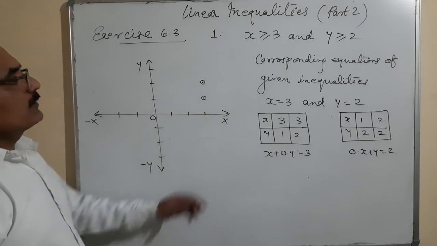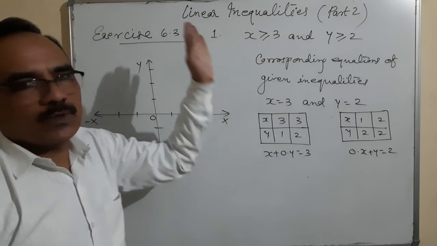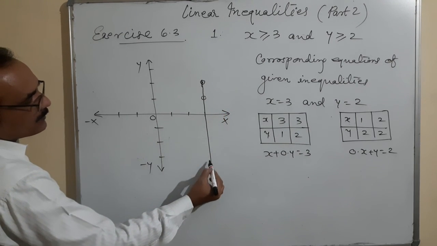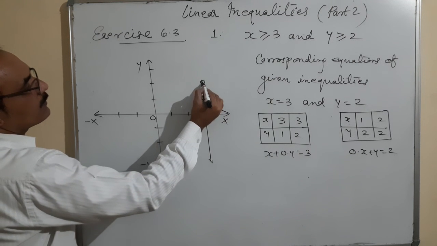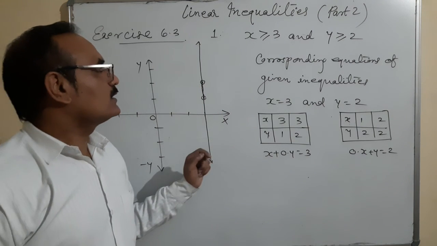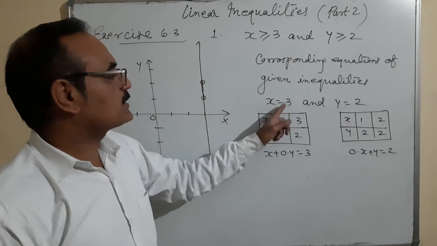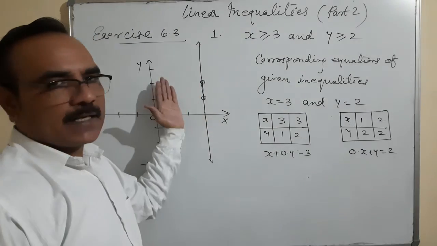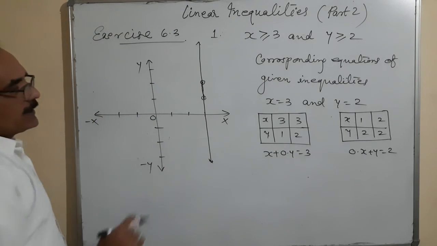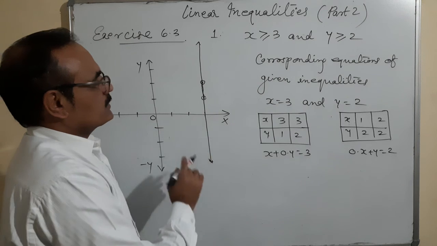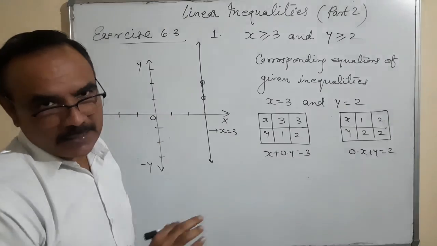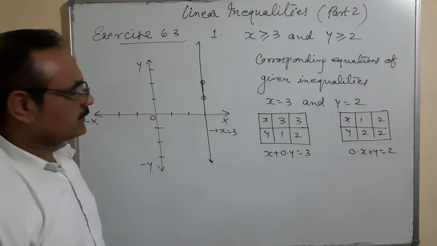Okay. Greater or equal. That means the line should be a dark line. This is the line. This is the representation. Actually, this is the line x is equal to 3. Now let us see whether it's the left hand side portion or right hand side portion. Okay. So let it be, see later on. First, this is the equation x is equal to 3, not inequalities. Inequality will decide the region, left or right or on.